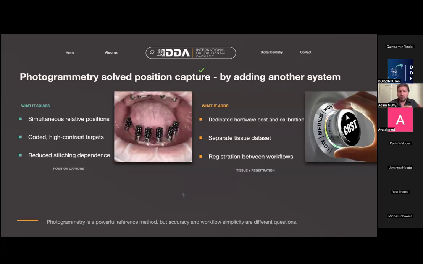data set. The registration between those different workflows and the workflow of soft tissue, whether you capture that through an analog way and transfer it to the lab, or if you capture it through an individual intraoral scan, it doesn't really matter. Those two data sets, when they combine, they won't combine perfectly because they're from two different methods of